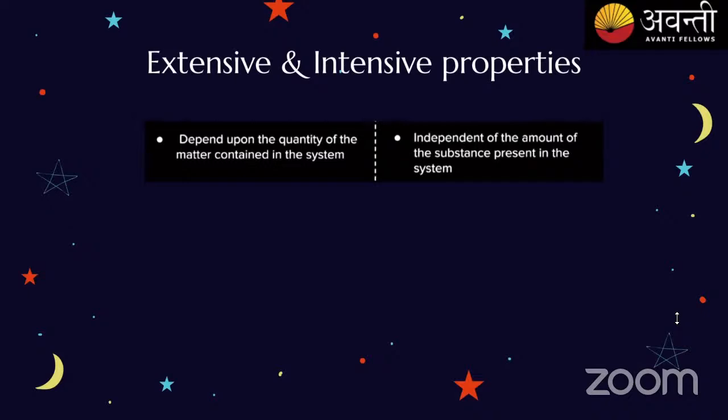That is, if you are seeing the weight of 10 grams of Na, let's say, and now adding 10 grams more, that means the matter is changing. The total final weight of the compound will be 20 grams of Na, right? Yes or no? Now, when we come to intensive property, this is independent of the amount of matter you are taking.